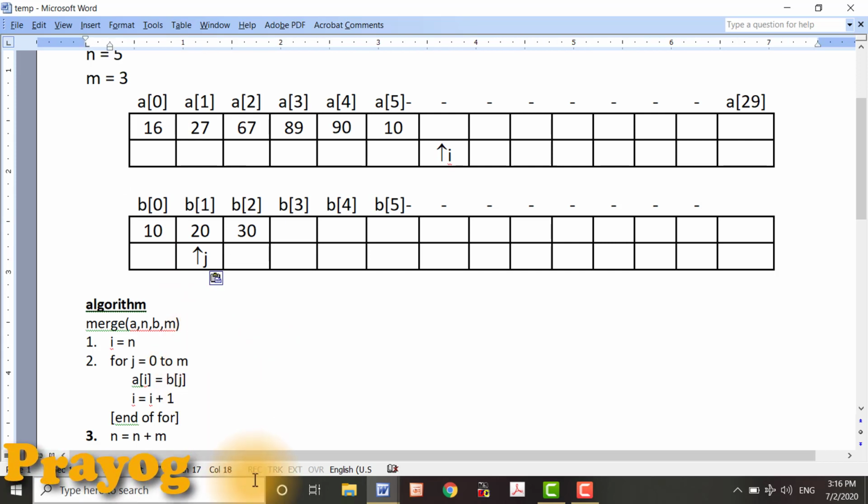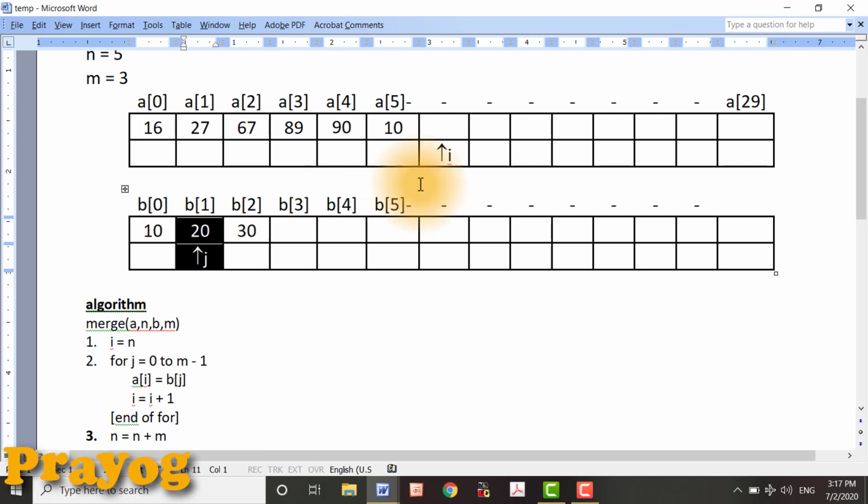It is still in the range 0 to m minus 1. In fact, it is not m, instead it is m minus 1. Now the value of B of j, that means 20, is going to be copied to this position.